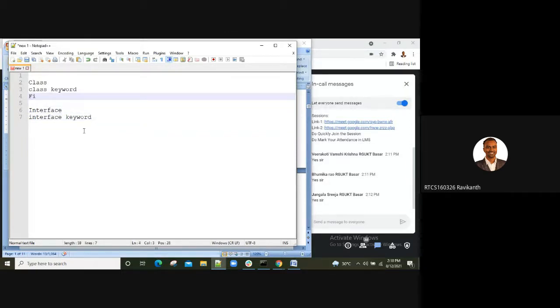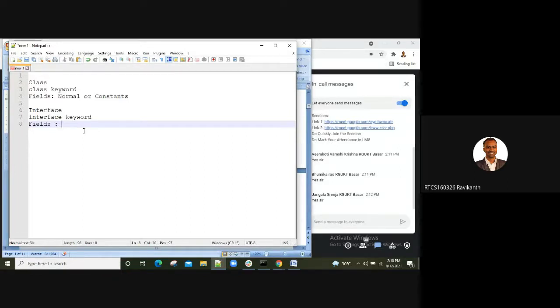With respect to the fields, in class you can have normal fields or you can also have constants. Whereas with respect to interface, can I have normal fields?